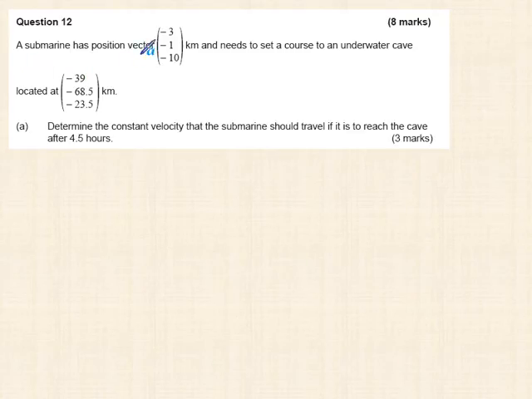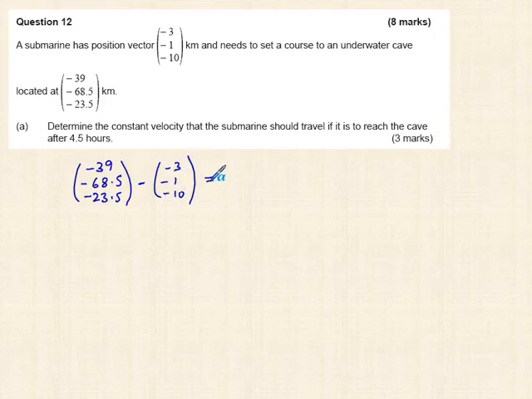The submarine has the position vector given here and needs to set a course to an underwater cave located here. We want to determine the constant velocity that the submarine should travel if it is to reach the cave after 4.5 hours. So it actually has to travel (-39, -68.5, -23.5) take away (-3, -1,